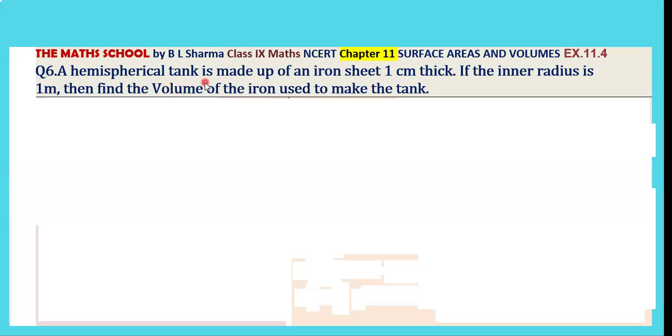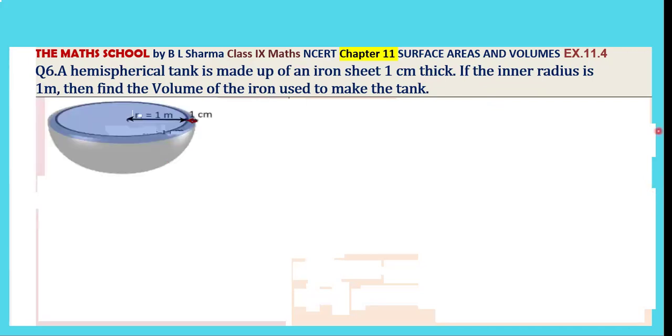A hemispherical tank is made up of an iron sheet 1 centimeter thick. If the inner radius is 1 meter, then find the volume of the iron used to make the tank. एक हेमिस्फेरिकल शेप का टैंक है, आयरन टैंक है, उसका जो इनर रेडियस है दैट इज 1 मीटर और जो उसका थिकनेस है 1 सेंटीमीटर है। हमें ये पता लगाना है कि उस आयरन का जो यूज हुआ है टैंक में उसका वॉल्यूम क्या होगा। इस क्वेश्चन को हम विजुलाइज करते हैं।